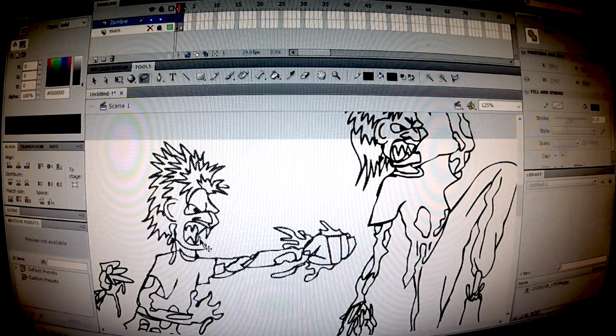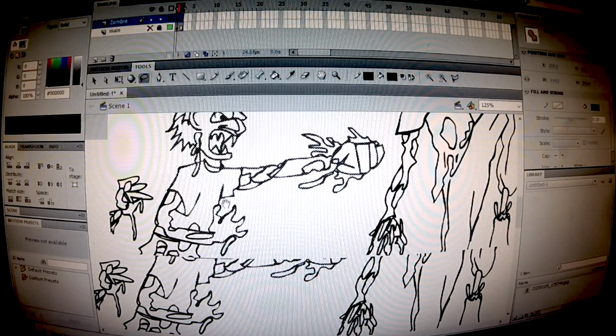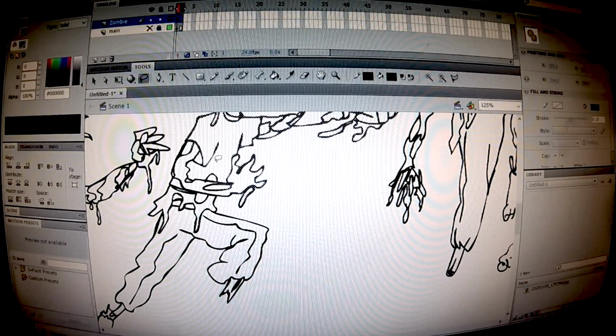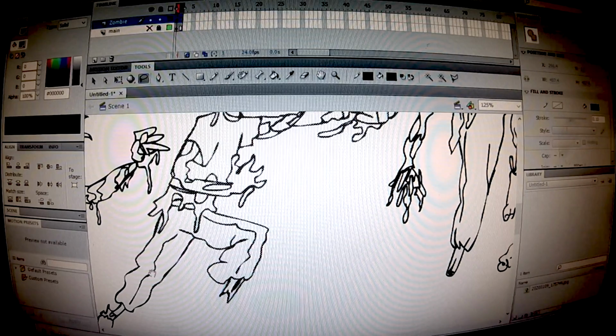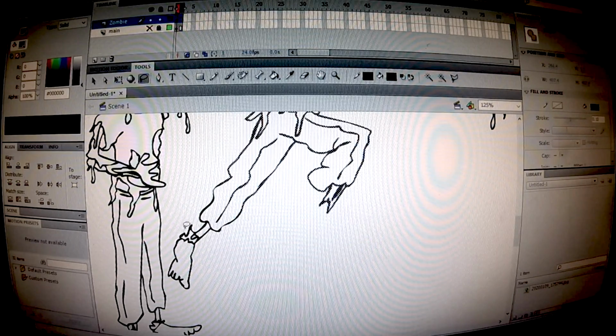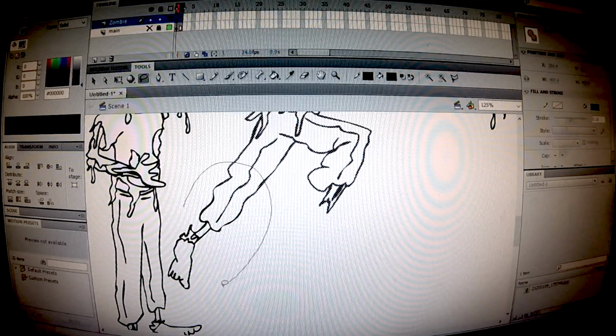So as long as I'm holding shift, I can keep grabbing areas that I missed. So grab him from the arm right here and select that as well, and it won't let go of what I grabbed before as long as you're holding shift. So you just keep doing that until you got your whole zombie selected,